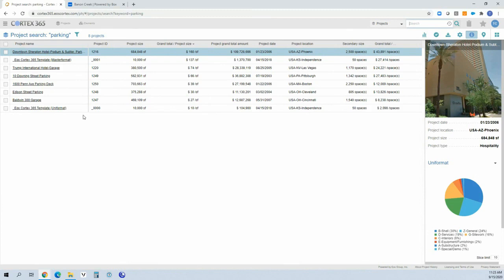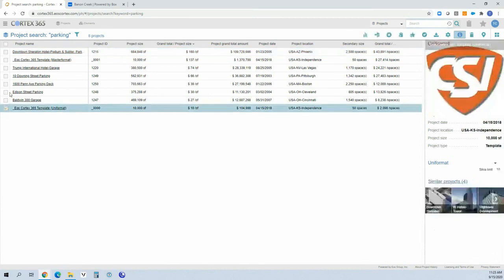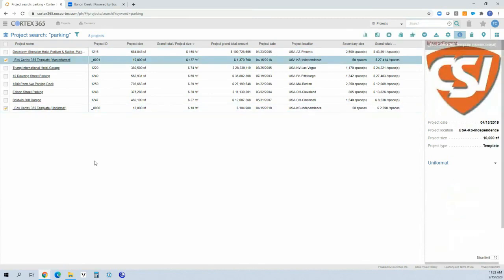A couple of them are actually templates. And as an aside, we provide those templates to you with the baseline configuration. They're helpful in starting things, and it gets you a head start in populating your project history database. So those are nice. But for my cost study here, I don't necessarily want to see them. So I can check those and remove them from my,